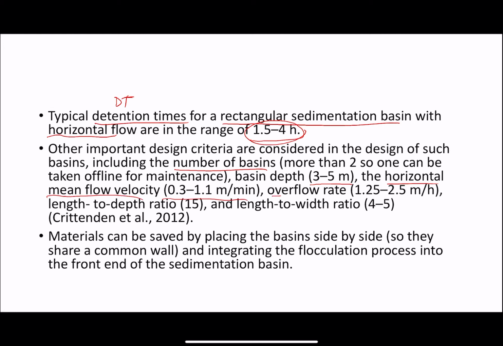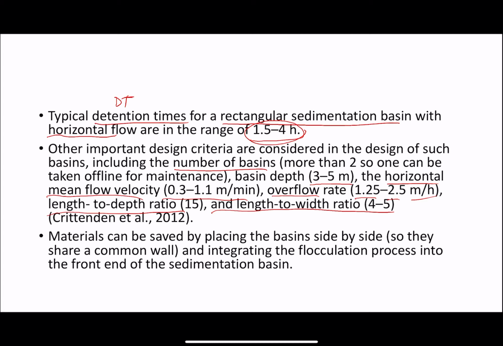And overflow rate, 1.25 to 2.5 meter per hour. Length to depth ratio, 15. Length to width ratio, 4 to 5. And this is all going to be used for our design consideration later on once we design a horizontal flow